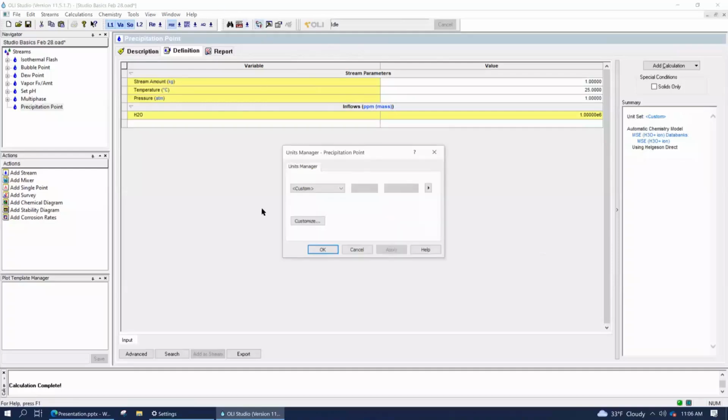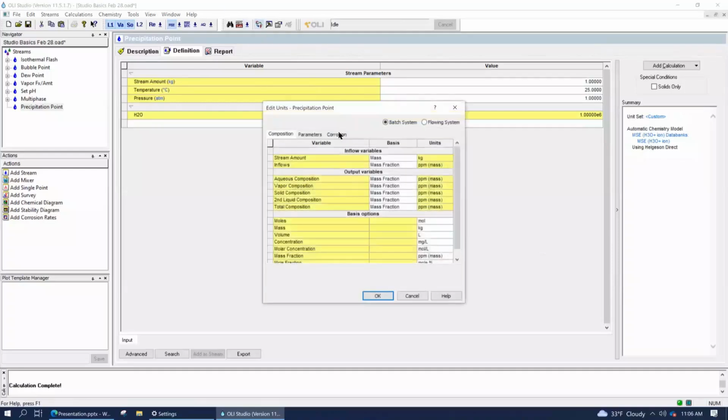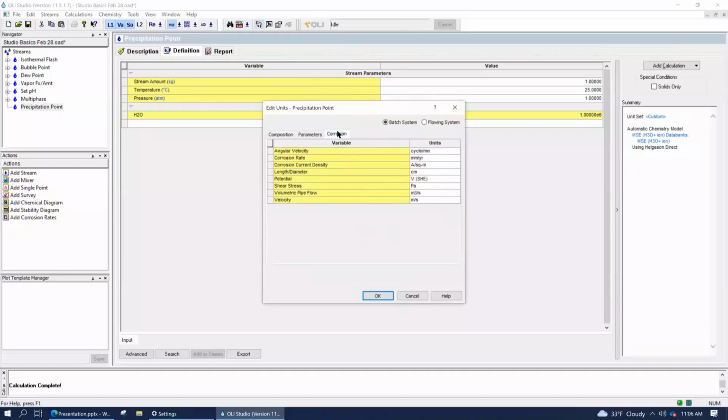So we would probably, actually, there may be a different unit set. If we're looking, for example, at corrosion, corrosion tends to have its own unit set for velocity. So you can see there it goes meters per second. Okay, so for corrosion purposes, it will use meter per second, but for any other purposes, we'll use meter per hour.